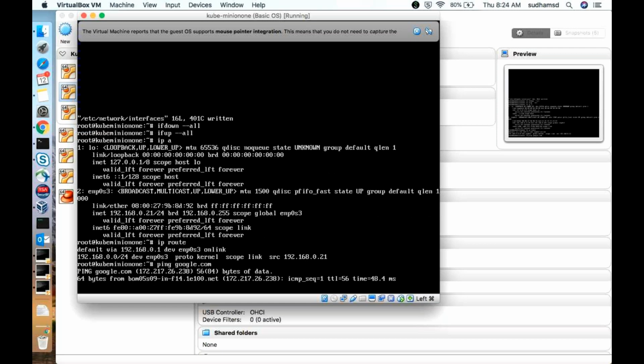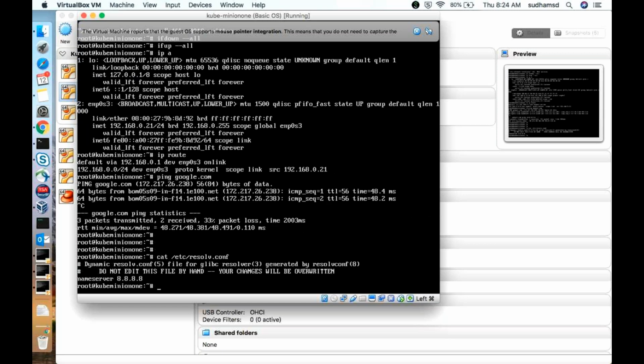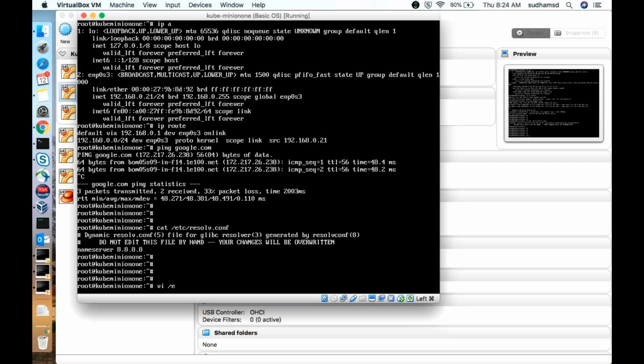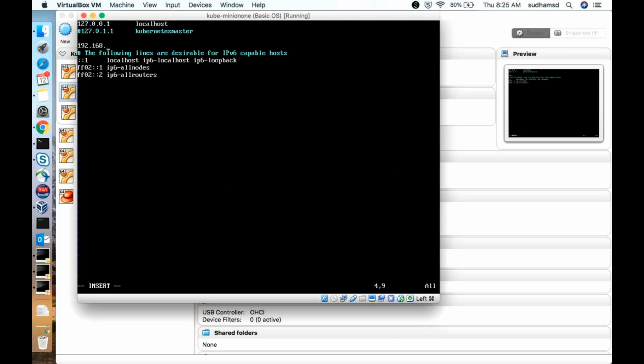Now what I need to do? Yeah, the host address. I want to add all the 3 server entries here. Kubernetes master. Because I cloned it, you can see the same host name over there.